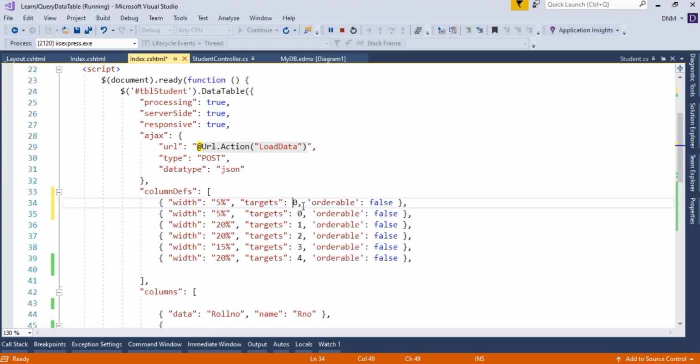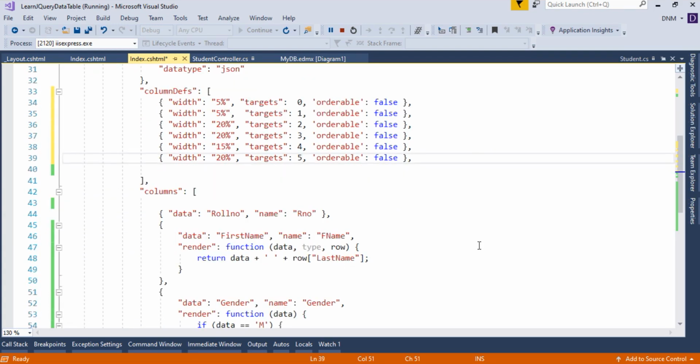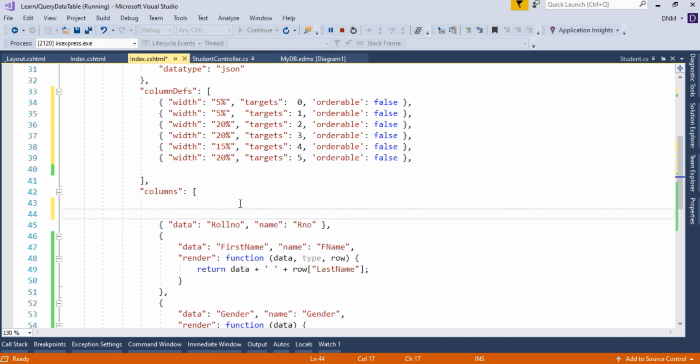Instead of 0 here it will be 1, then 2, 3, 4 and 5. Now, checkbox is an input tag, so to that checkbox I have to assign some value. Let that value be the roll number. Whenever I click or check that checkbox, its value will be the roll number.